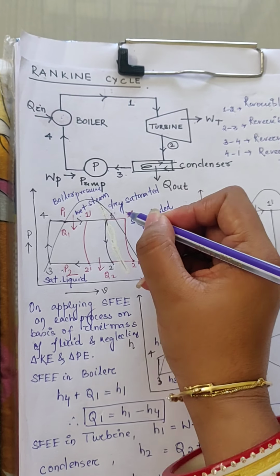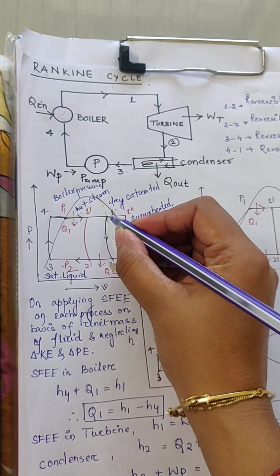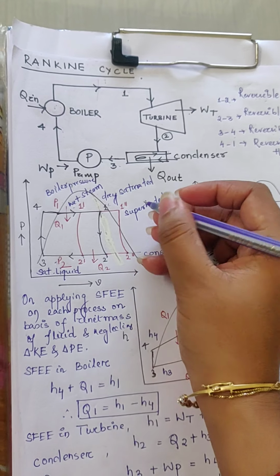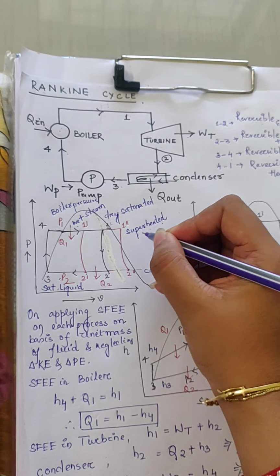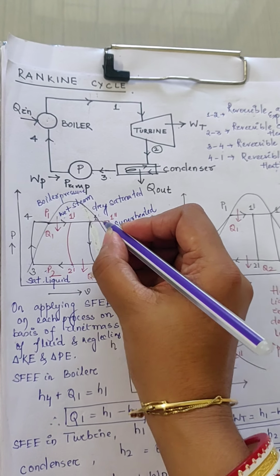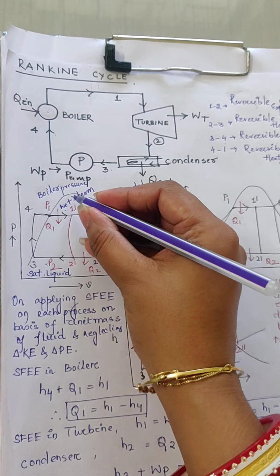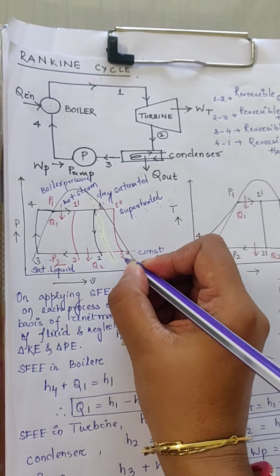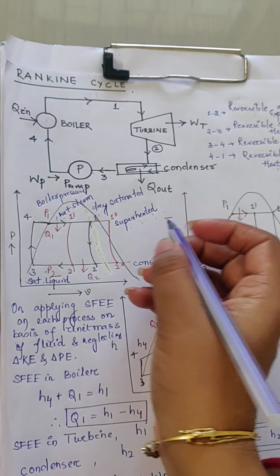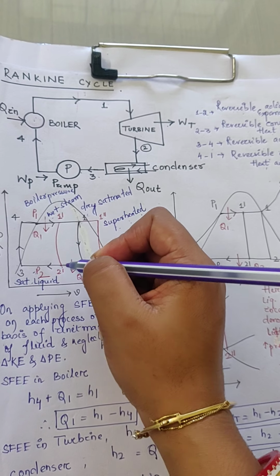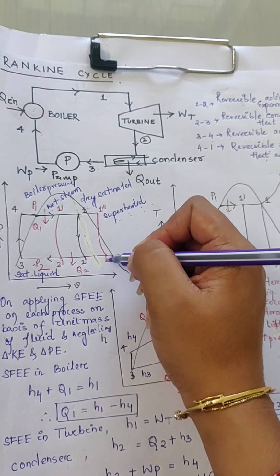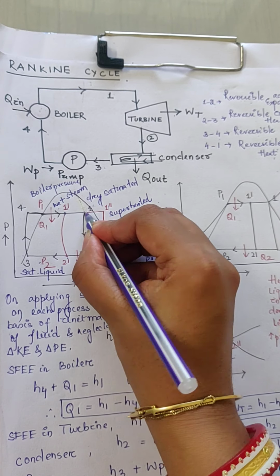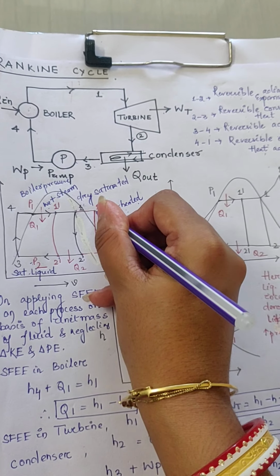Then again, if the steam is dry saturated, then the position will be 1 to 2, meaning 1, 2, 3, 4 in the Rankine cycle. If it is in the superheated state, then the line will cross over the vapor dome, that is 1 double dash, 2 double dash, so the cycle will be 1 double dash, 2 double dash, 3 to 4. You can see 1 dash, 2 dash, 1, 2, 1 double dash and 2 double dash. The position of steam here will be wet steam, here it is dry steam, and here is superheated steam.